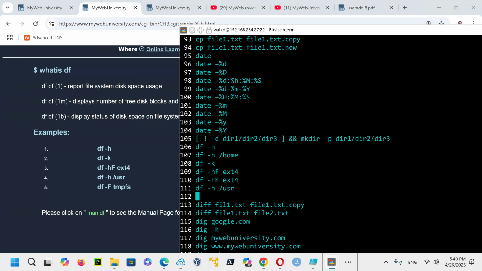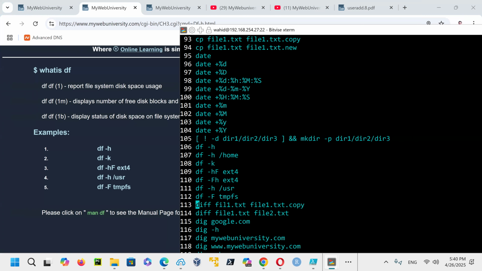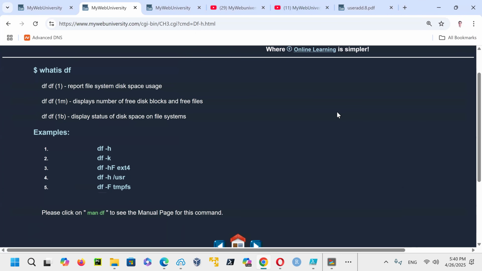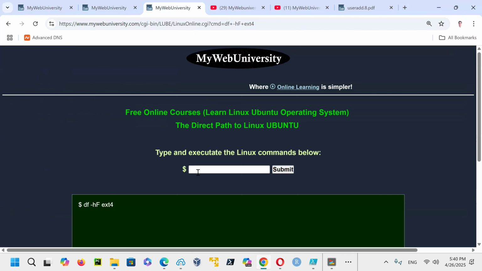Now /usr df -h, and df -F tmpfs. So now I have all the chapter 4 commands listed here, and now I could just go execute these commands on the system. I just memorized those ones, and I'm going to type them in.